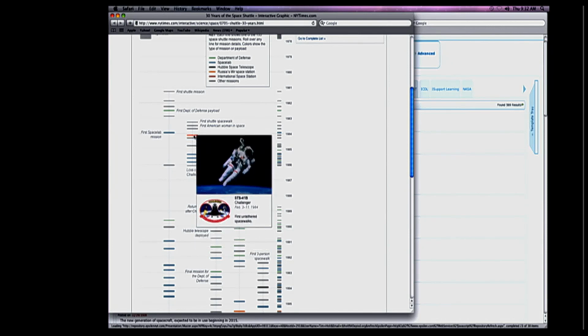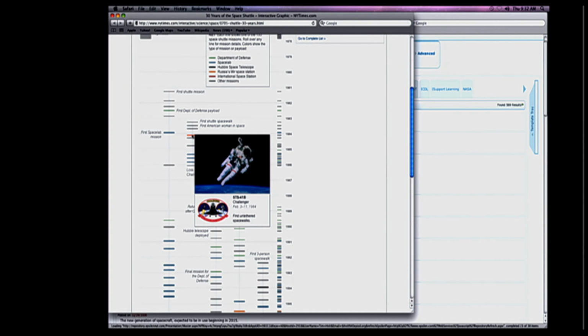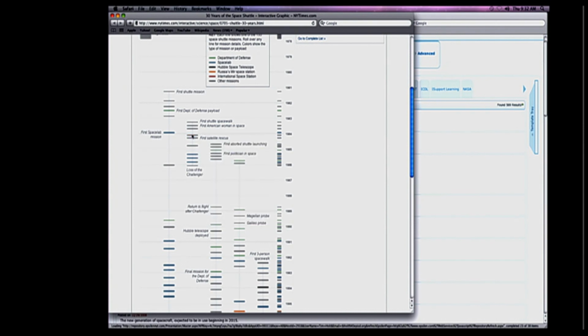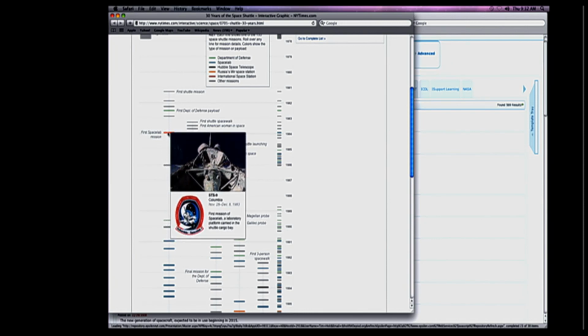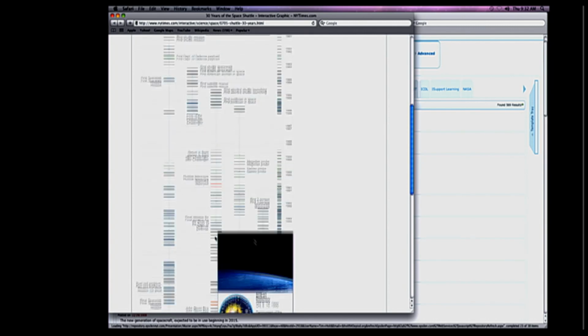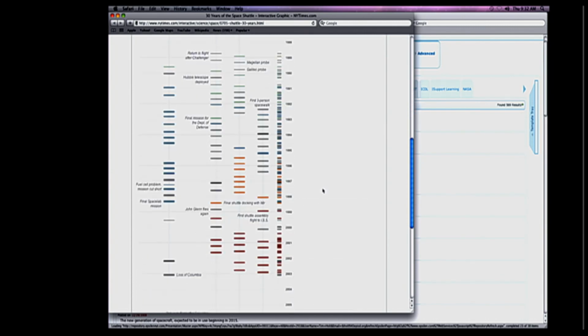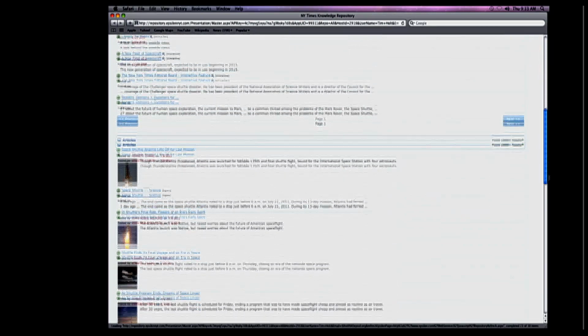So there's one there. That's from the Challenger from February 3rd, 1984, not 1894, 1984. The first Space Lab mission. There's all different kinds. So that's kind of an example of the cool interactive stuff that's available. You can also find articles. Teachers can also find lesson plans that are available here. So teachers, this is a great place for you.